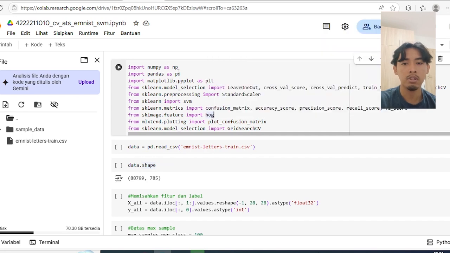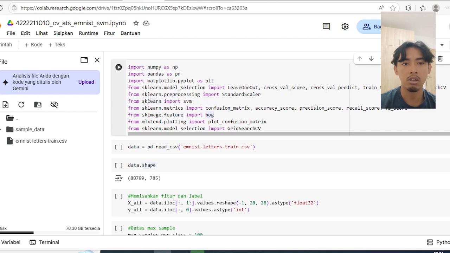First thing first, we need to import all the libraries we need. For example, NumPy and Pandas for data manipulation, and Matplotlib for visualization.